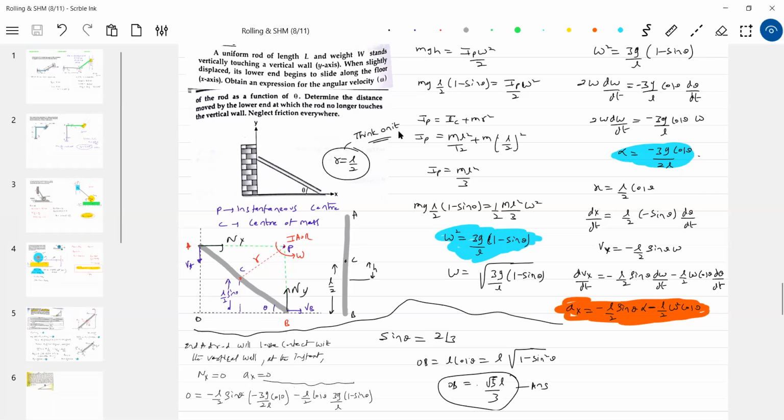Better write it. Why accept things blindly? Then, sir, what about omega? In fact, the rod is rotating, and this will be much easier to determine here. The omega about this particular point. It will rotate about C only, angular acceleration. It is not the instantaneous center for acceleration. It's instantaneous center only for the velocity.